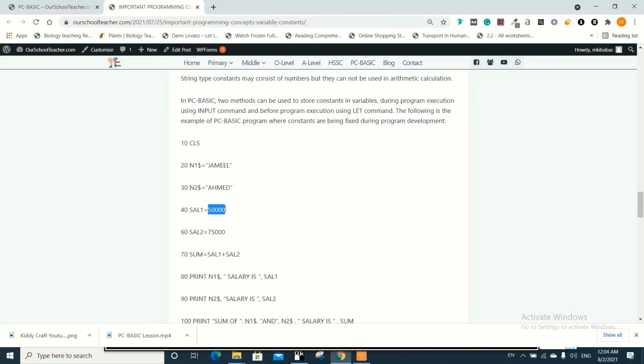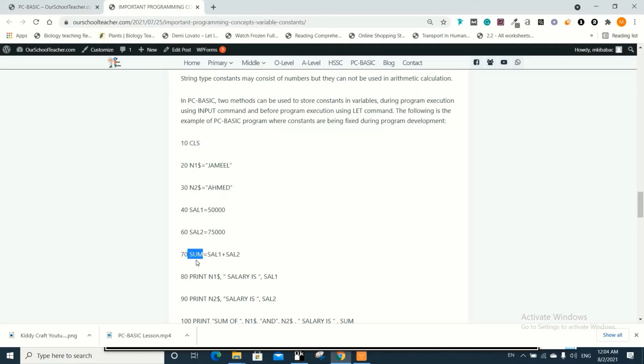You can see I have not used any quotation here. Then sal2, this is salary2, and this is 75,000 without any quotation. Then another variable I have used, sum. Now you see all these three variables are numeric variables. I cannot use any string type variables here. If I use it, it will give a syntax error.